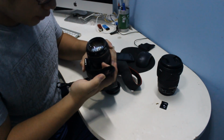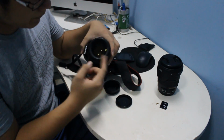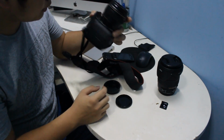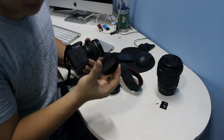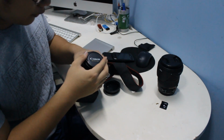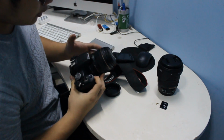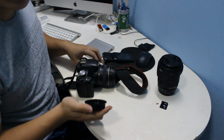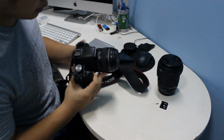I don't think I've talked about this before, but the filter size of this is 58mm. Although it's not stated like the other lens, you can see the filter thread size on the top, but this doesn't say. But from the lens cap itself, it is 58, which is similar to the kit lens. So if you have a UV filter or any kind of filter for the kit lens, you can use it for this. So this is a really great lens for you to buy if you have a kit lens, the 18-55 itself, and you want to buy another lens with the same filter size. You can buy this 85mm